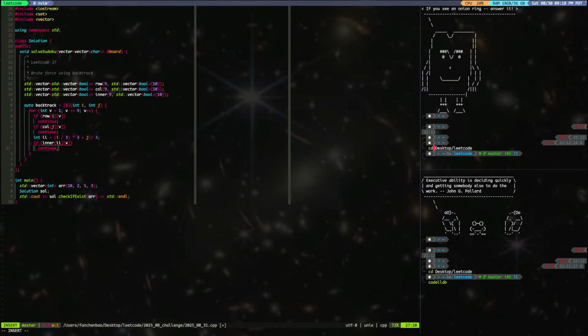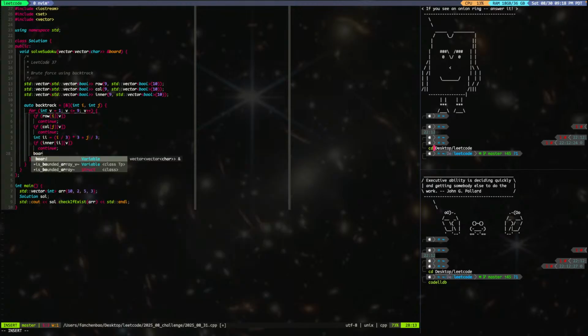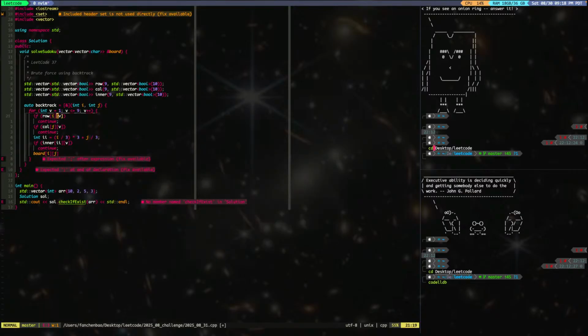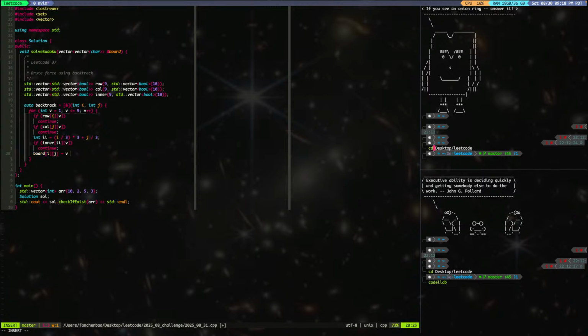Yeah, we'll continue. If we go through all 3, they're all good, which means the current v satisfies, then we'll say board[i][j]. Oh, that's actually, yes, board[i][j] equal to v plus '0'. Maybe I'll say static_cast<char>(v + '0'). Okay,